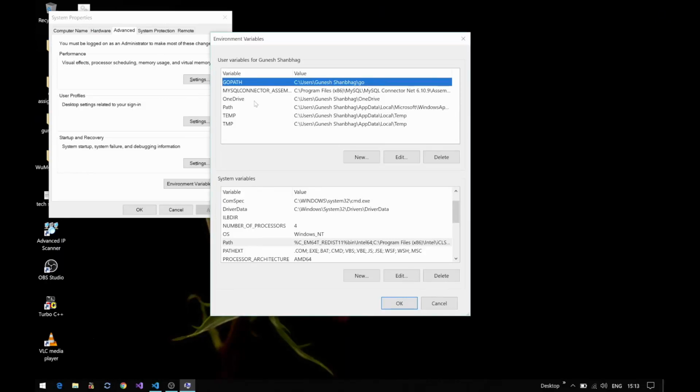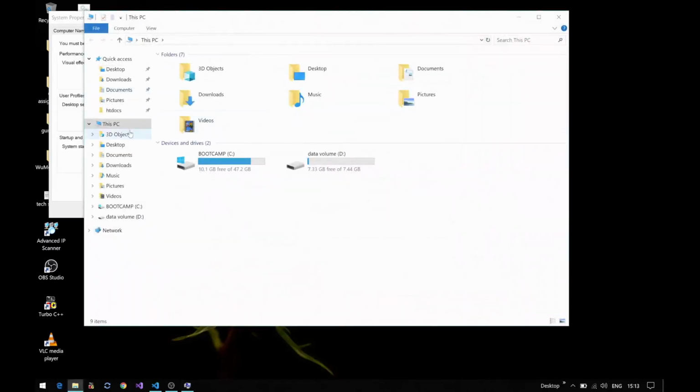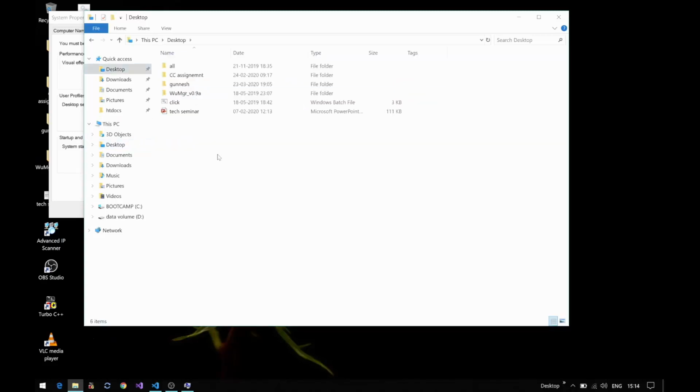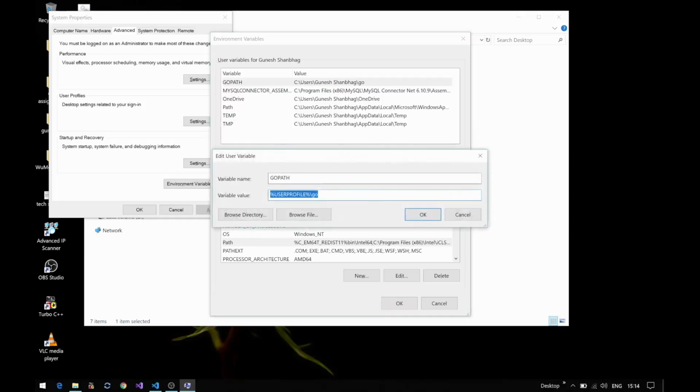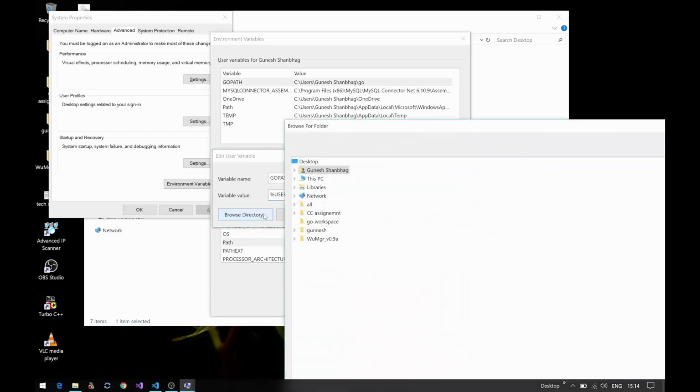So we'll change this to our desktop. So we'll open our Explorer and we'll go to desktop, and in desktop we'll create one folder called Go minus workspace. So this will be our folder where our projects and all the models will be stored, and we'll just click on Go path and edit, and in here we'll select browse directory instead of giving the path directly.